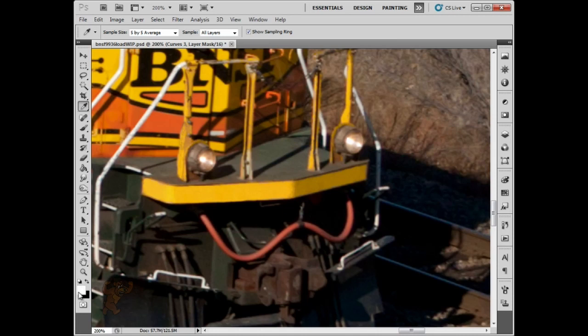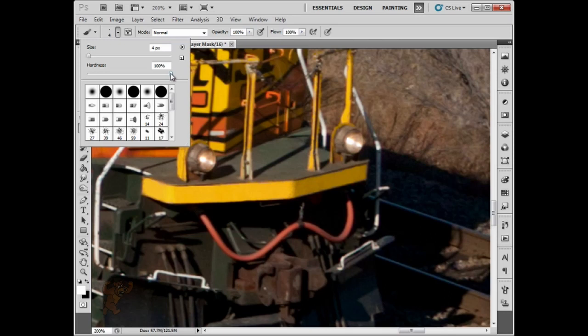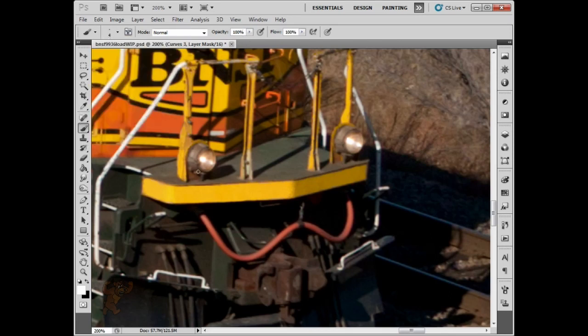My foreground color is white here. I'm going to pick up my paintbrush. It's 100% hardness, and the opacity is 100%. So now what I'm going to do, using my bracket keys, is pick a brush about like this,